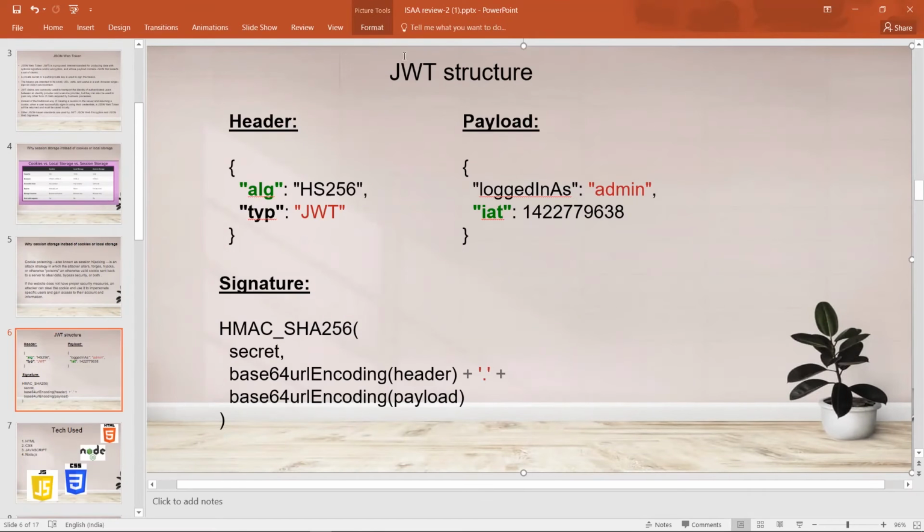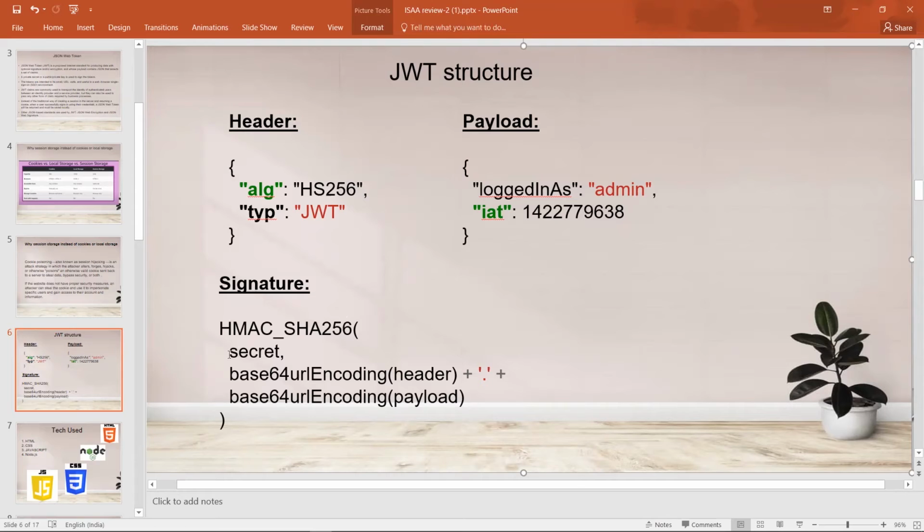So we are using a JSON web token, which has a header, payload, and a signature. The payload contains all the data required for our backend to identify which user has this token, and the signature is used to verify the authenticity of the header and the payload.